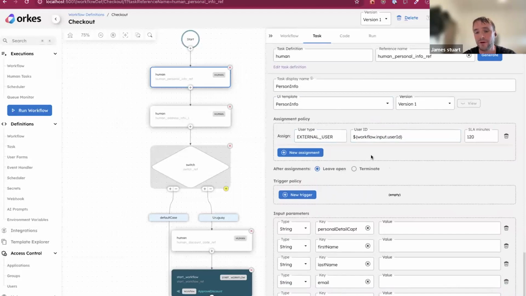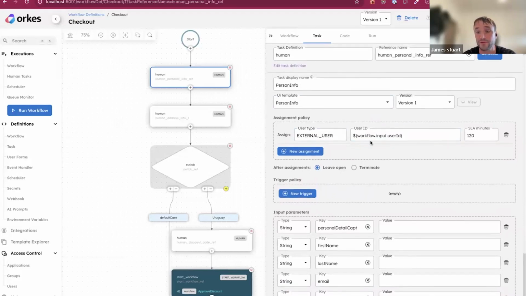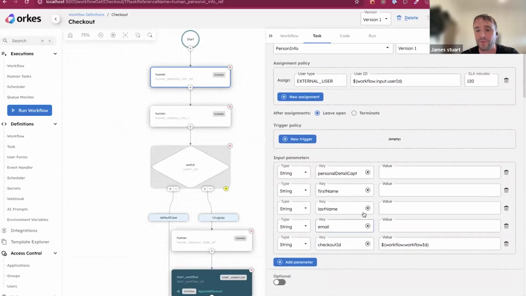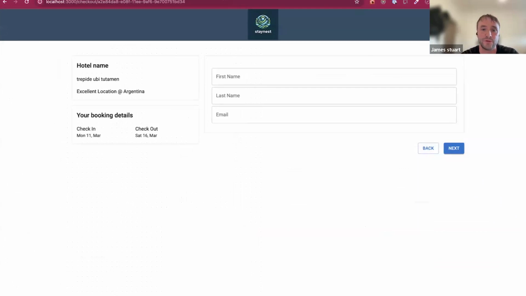So you get to manage the way you manage your security in your application. But you have to know the string for the external user to be able to claim the task. So in my example, I'm assuming you're a logged user, and I'm passing the user ID when the workflow is started. This way I know that he has to claim this specific task. Then the input parameters, I decided not to give default values. If I did, then in the form, I would see the default values. And I don't really have a trigger policy. So as the user moves through the checkout process,